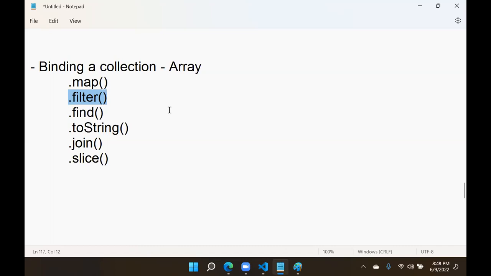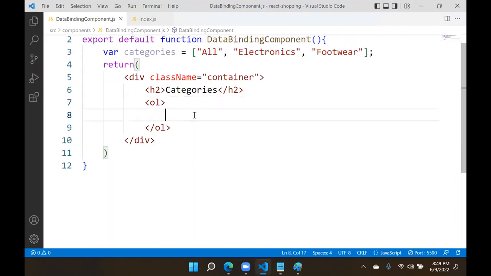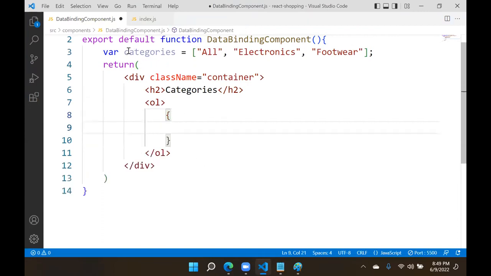So these are used. Why is it faster? Because it doesn't require external iterators or loops. You don't need any external iterators or loops. You can use these simple techniques. That means, for example, what you can do now here, see, this is a simple point. Here I am creating an expression, curly brace. In this, we need to access these categories. So categories,